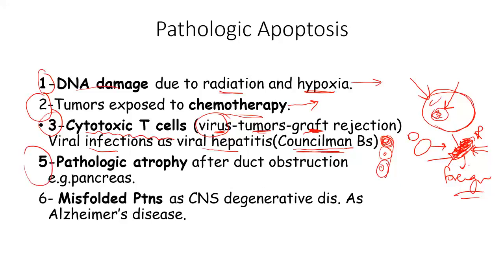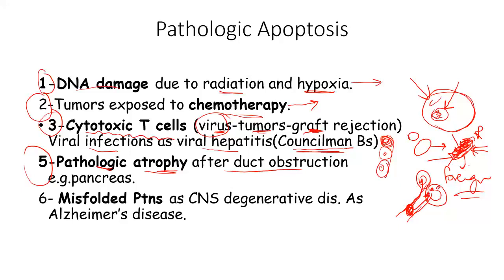Pathologic atrophy. Again we come to atrophy and apoptosis. We have heard about apoptosis in physiologic atrophy of the thymus, and here we hear about apoptosis in cases of pathologic atrophy. For example, after duct obstruction, if you have a duct and this duct drains acini like that, so it drains acinar cells, and this is the duct. If I have duct obstruction, this will lead to back pressure